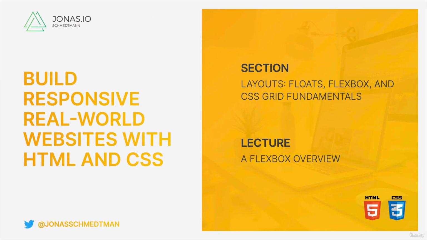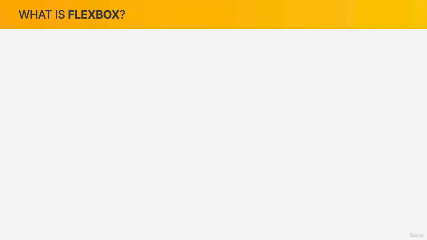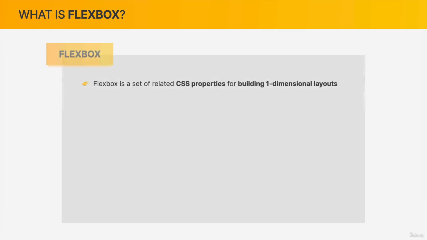Let's now define what exactly Flexbox is and when and why we need it, and also talk about some important terminology around Flexbox, and finally also get an overview of all the properties that are part of the Flexbox specification. So a one-line definition of Flexbox is that it is a set of related CSS properties that we can use